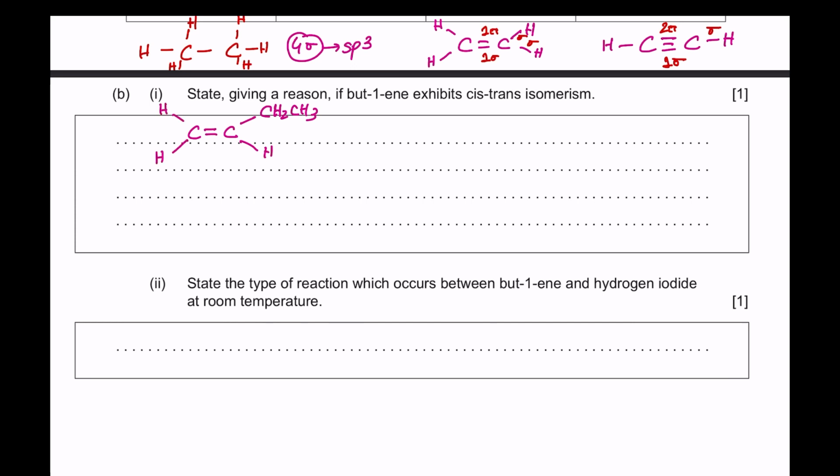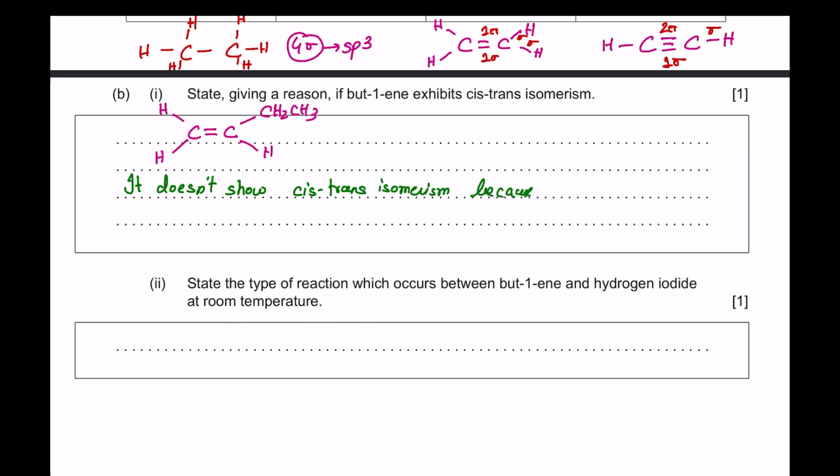Hydrogen. So will it show cis trans isomerism? It won't show cis trans isomerism, because these two groups are same. If these two groups were different, if one was hydrogen and another was CH2CH3, then it would have shown cis trans isomerism. But as both of them are hydrogen, it cannot show cis trans isomerism. So it will go like this. It doesn't show cis trans isomerism